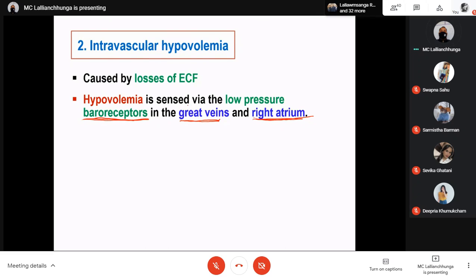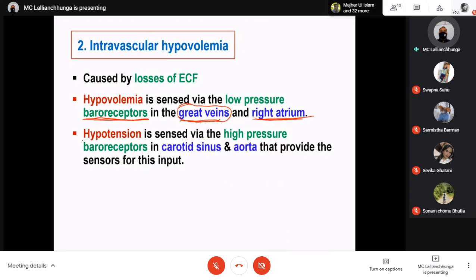Can you tell what are great veins? Anyone can tell me great veins? Vena cava. Two vena cava are there. Good. So what about hypotension, low blood pressure? It is sensed via the high pressure baroreceptors. Here in this case, it is the high pressure baroreceptors in the carotid and aortic arch that provide the